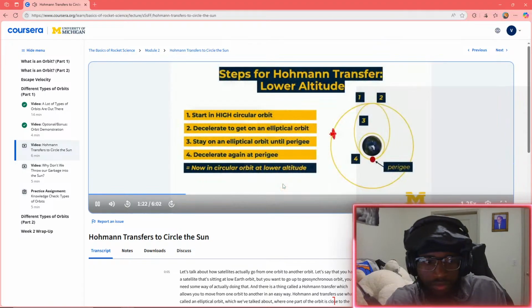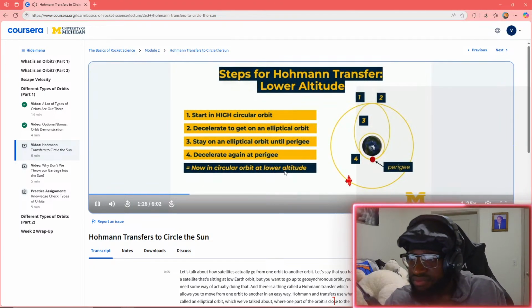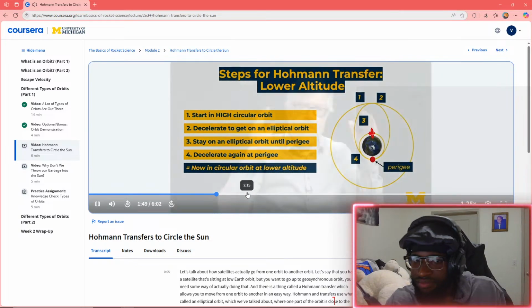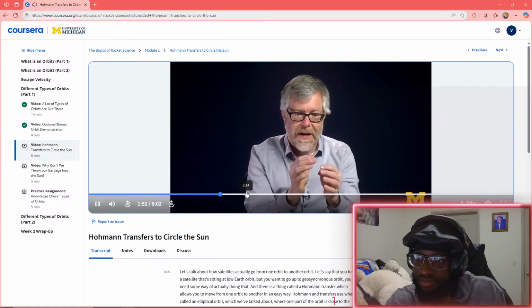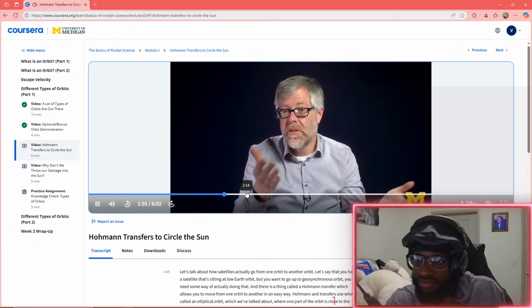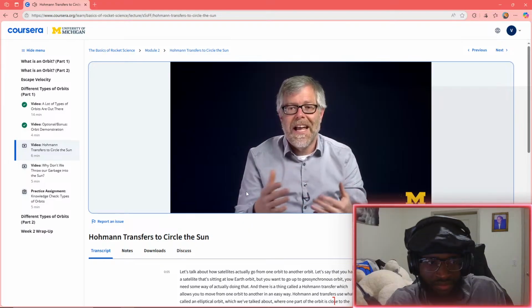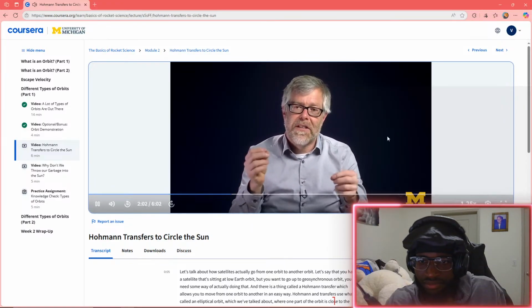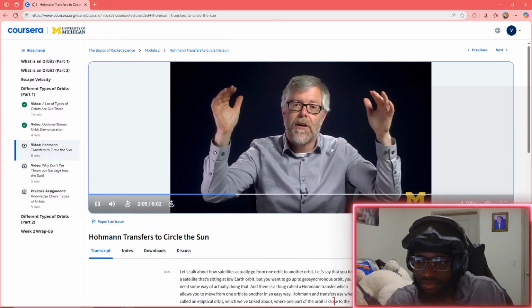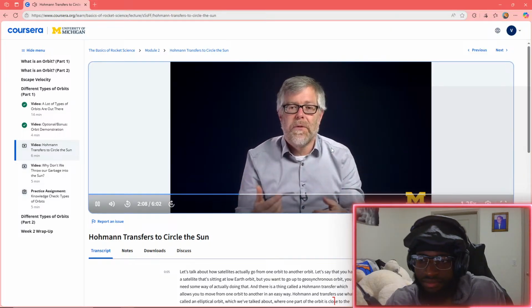to a low orbit. You start at a high orbit, say geosynchronous orbit, and then you decelerate, which puts you on an elliptical orbit back down towards Earth. And then once you get to where you want to be at perigee, you slow down again. And so instead of continuing on that elliptical orbit, you slow down and you stay at the circular orbit. If you had a geosynchronous satellite and you wanted to bring it down to low Earth orbit, you would do this type of a maneuver. You would do a home-in transfer. And we don't often do that near Earth. If we wanted to bring something from a higher altitude down to a lower altitude, most of the time that would be to